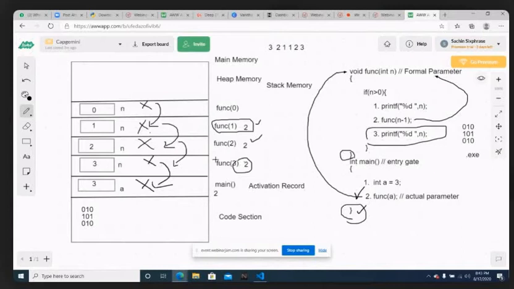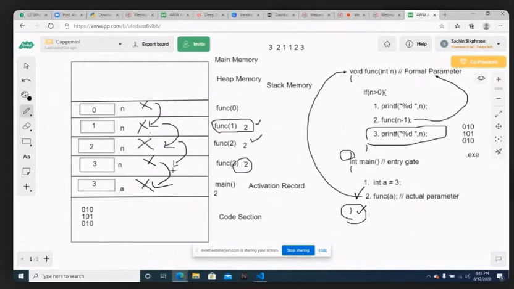So what you're doing is calling your func with parameter 3. Then you execute the first line and second line for func of 3. In the second line, you have a recursive call. So when you have a function call, you go again to the first line. After the second line, if you go to the first line, who will execute the third line? The third line is still not executed for func of 3, func of 2, func of 1. When will it be executed? It will be executed once the condition becomes false, but in the reverse order.